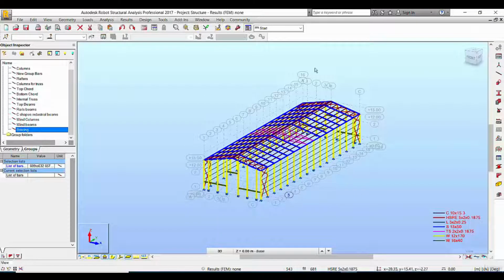Then in the next lecture we want to define the loads, and after that we want to do the calculation and the analysis, then